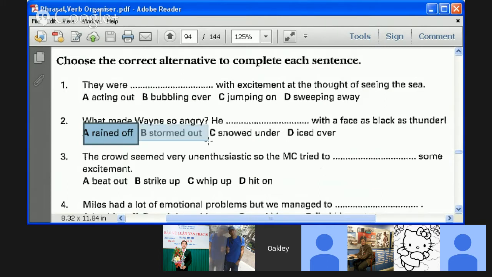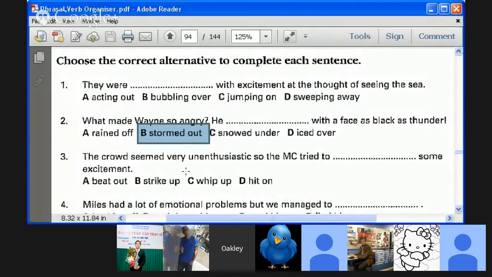Okay, all right, the actual answer, Lon, is stormed out, meaning there is no real physical meaning here, only an abstract meaning. If you storm out, you leave angrily. And that's it, right? Stormed out of the room. Strangely, we never say he stormed into the room. Well, actually, I guess you could say that. He stormed into the room. Yeah, you could. But stormed out is much more common. People, when they're angry, tend to leave, not come in.